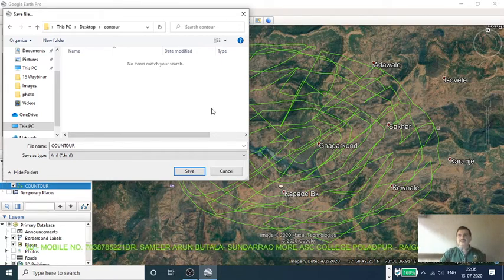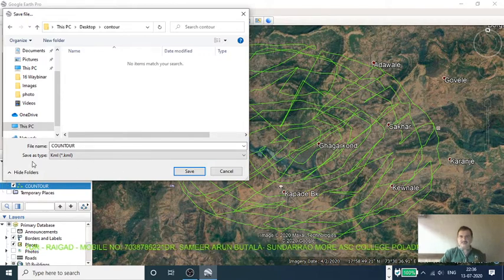In QGIS there are two types of imagery: raster and vector. The raster image save types are JPG, bitmap and TIFF, and the save type of the vector file is shapefile.